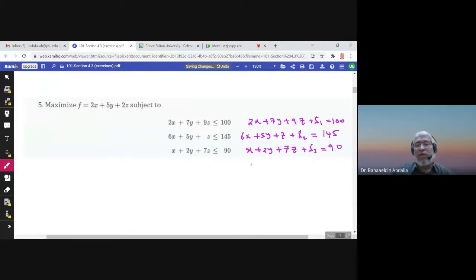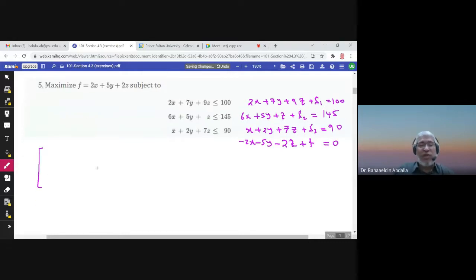And we move the right hand side of the objective function to the left hand side, negative 2z plus f equals 0. And the matrix would be, we put coefficients of x,